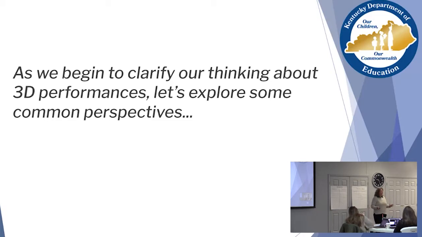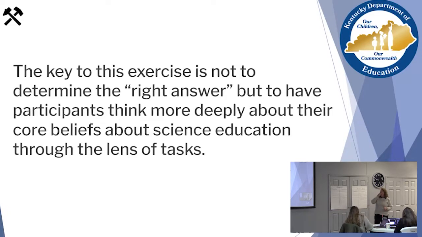Now, this is where I'm going to try something different. We're going to see how this actually works. I'm going to give you a perspective, like an A and a B. Perspective 1, perspective 2. There's no right answer in these perspectives. That's important to note. There's no right answer. And this is going to make some people frustrated. I recognize it will make some people frustrated because they want black and white. This is about your perspective, or your table's perspective, your group's perspective, as we talk about from a virtual world. But we want you to think deeply about your beliefs and about science education.